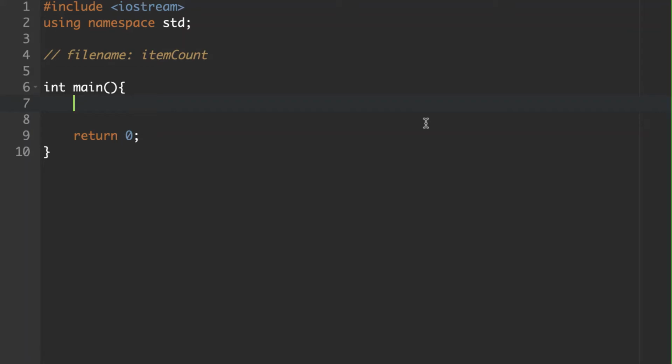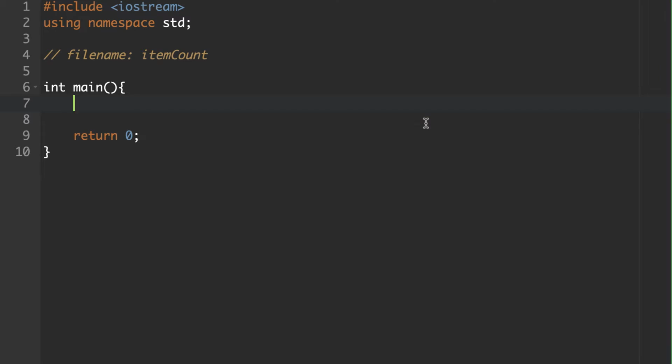After you get a lot of practice with else statements, like if-else statements, you might get a little bit overconfident and think you need to use them to solve every problem to make it more efficient. However, here's an example where you don't want to use an else, because it's not the only way to solve the problem. So what we're going to do is create a program called item count, where we will